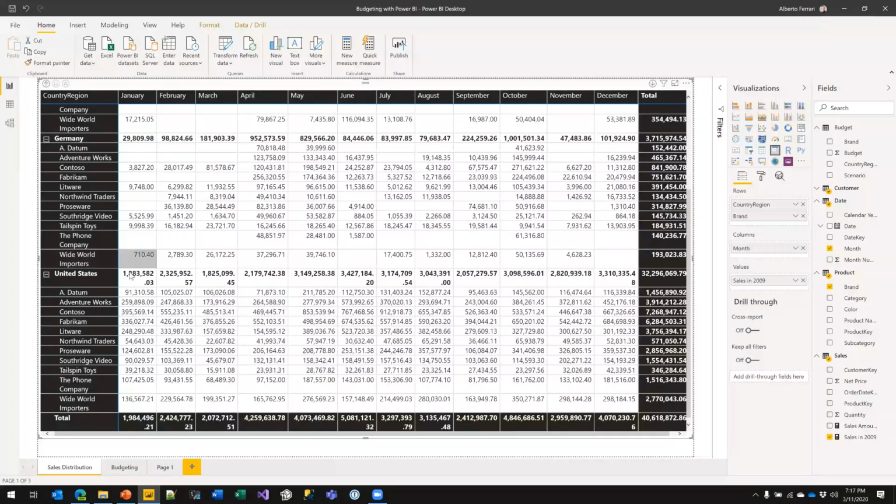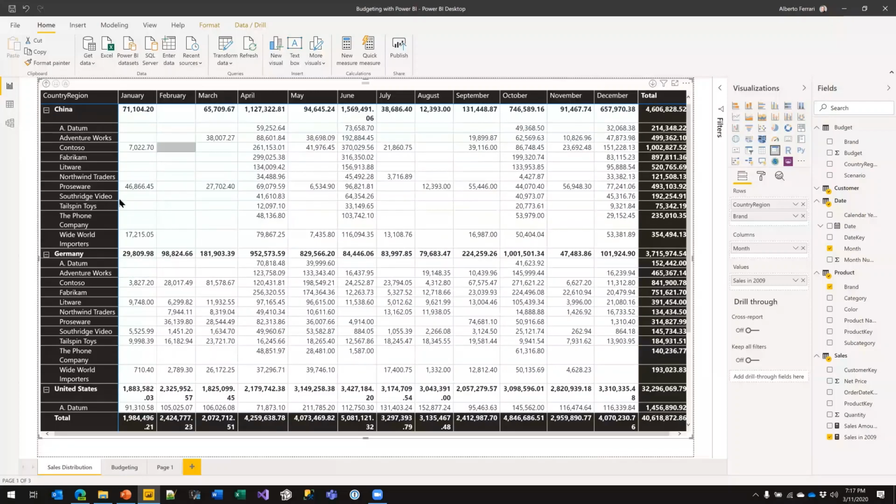I don't want to lose this information. I want to use this information in order to split the sales over time of the previous year, of the next year. So the main idea is to use this data.